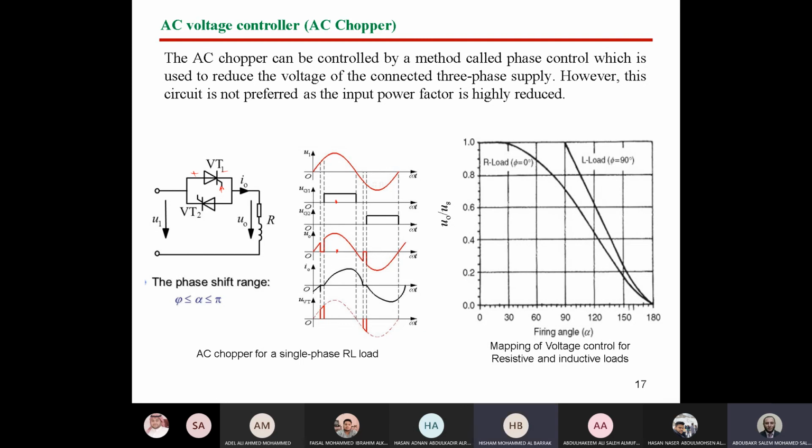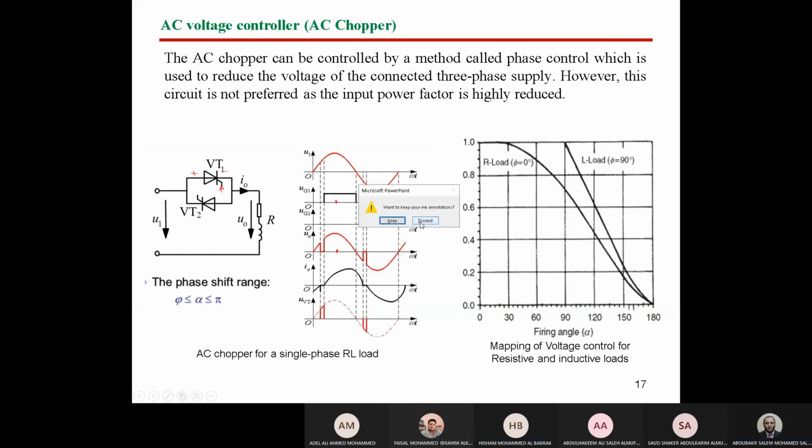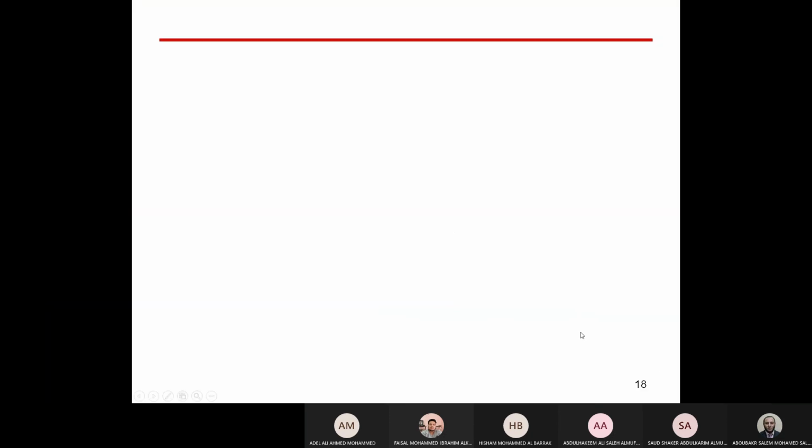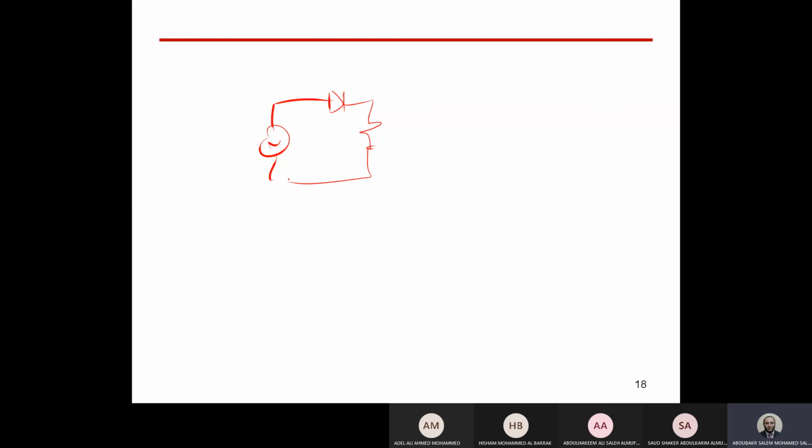That means based on the power, the diode will give us the same output as the input. I mean, the power supply will be the same as the power output. It depends on the circuit. If you have a circuit like that, and you have AC supply like that, and one diode like that, and here you have RL load, V in, V out. So if V in is sinusoidal like that,